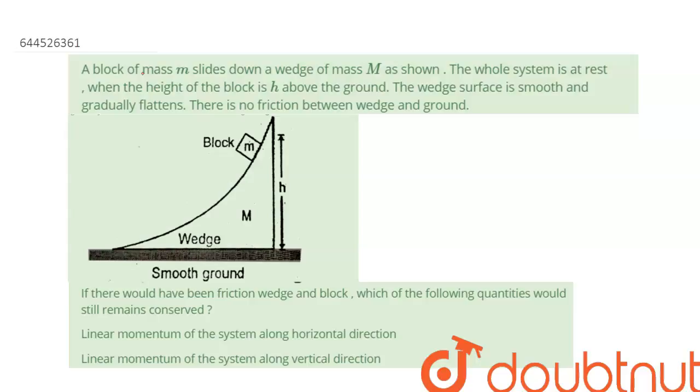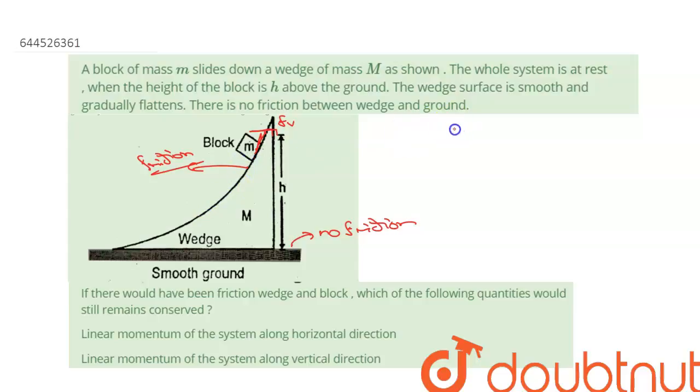So there is no friction here. But now it says that there is some friction here. Now due to this friction, when this block slides down, there will be a tangential component here for the frictional force, and there will be some work done against it, right? And this frictional force will always be tangential to the wedge, to the surface of the wedge along which the